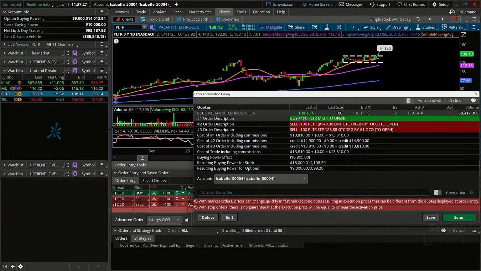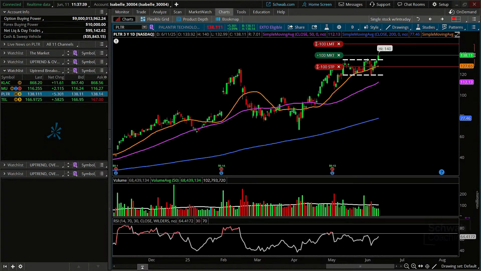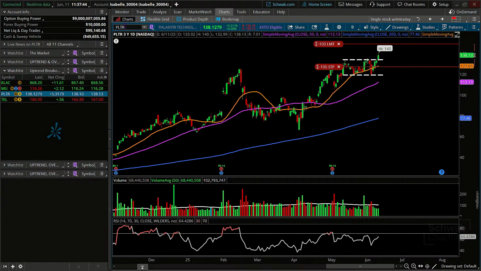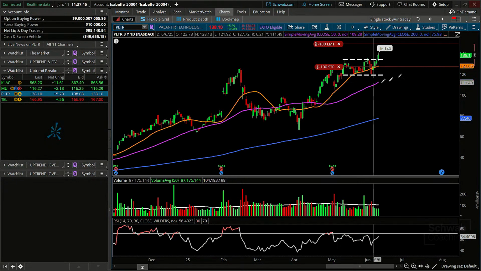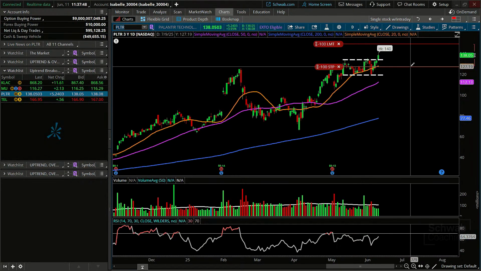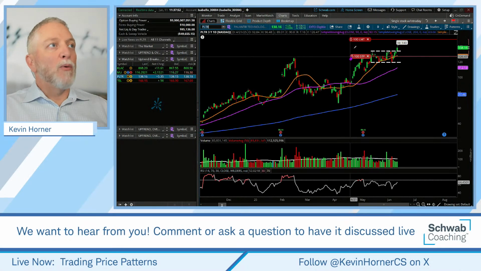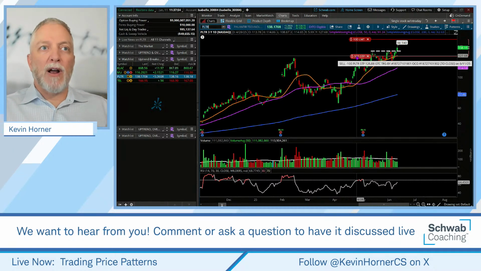I always like to make sure we read through it, buy 100. We have a subsequent sell 100 at 149 limit, or a sell at a stop of 126.88, which once triggered becomes a market order and thus no guarantee of price. And there we go. So we've got our example Palantir trade. We've got it bracketed. The hope is that we can walk away and just let this trade go, right? It can do what it wants to do. And if one of those levels gets met, then the trade ends.